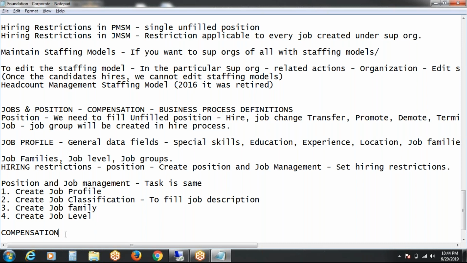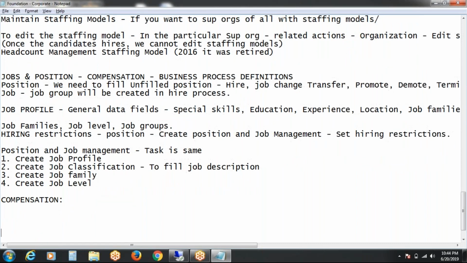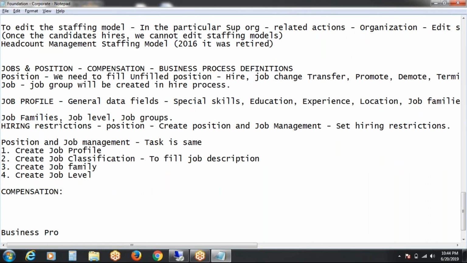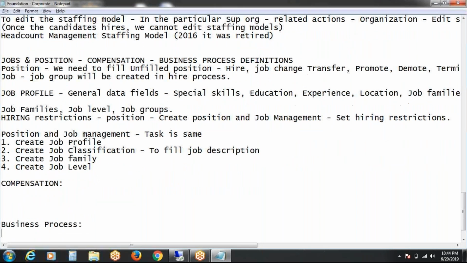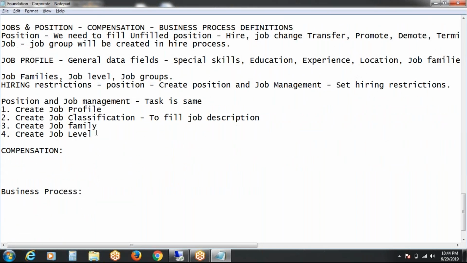In tomorrow's class, I am going to discuss the compensation part. Very important. And Monday we will discuss business process. After that only I will explain the flow here. These are the topics that we need to discuss prior to starting the hiring restrictions process